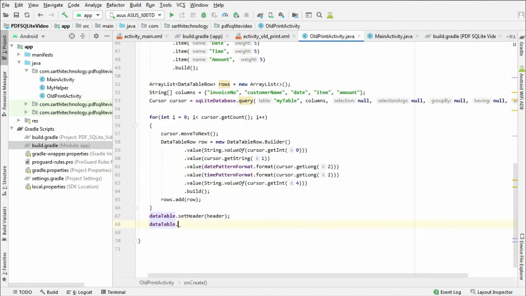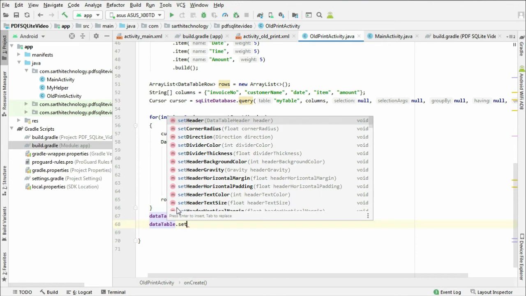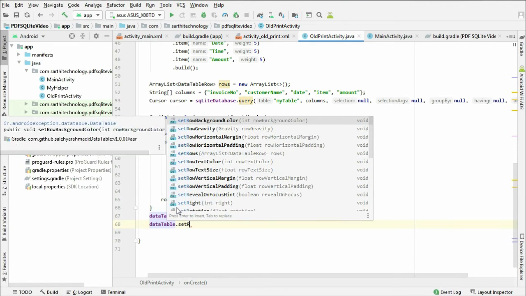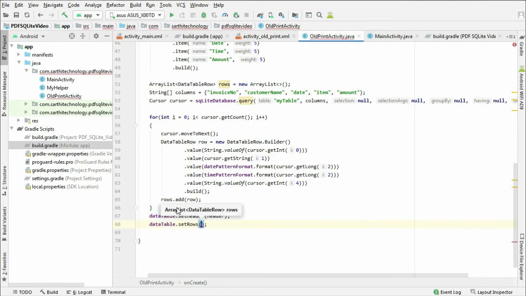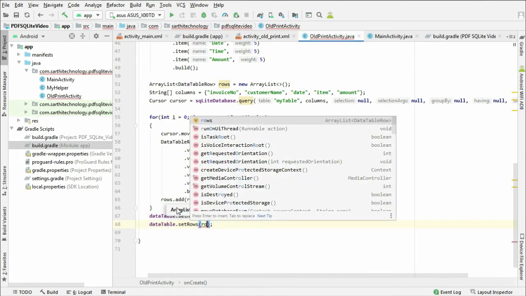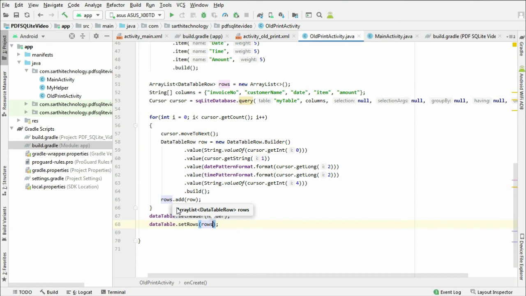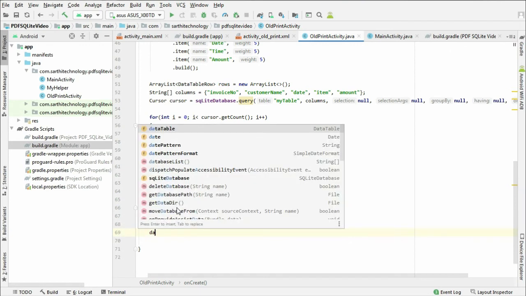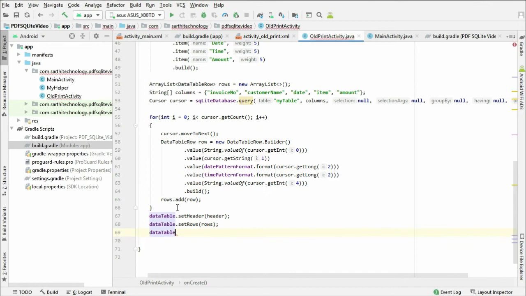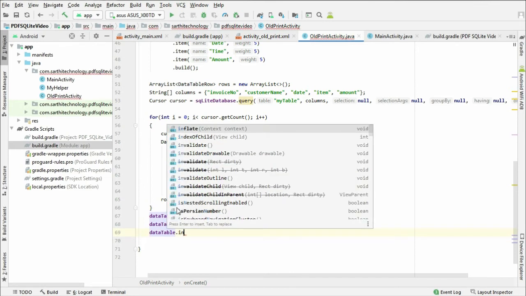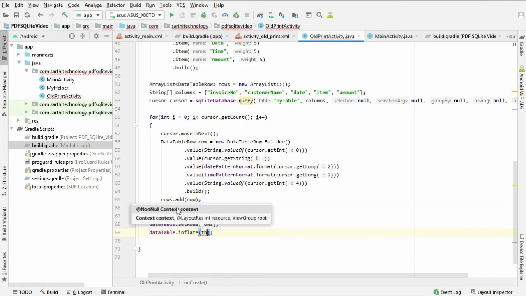Data table dot set rows, and this is rows. Okay, data table dot inflate this. Okay, so this data table work is done.